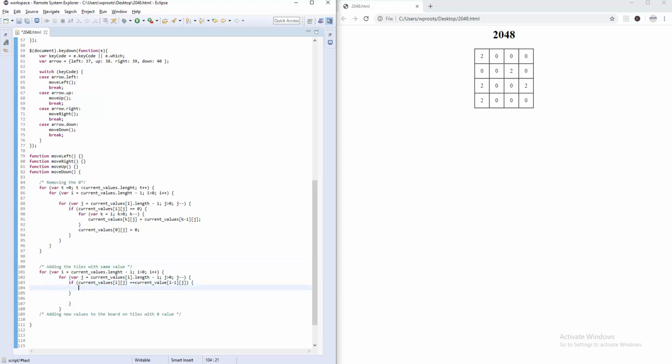So we want current value of I and j to become double current values I and j. Right, except that we need to do this and shift everything above. So we will go again for variable